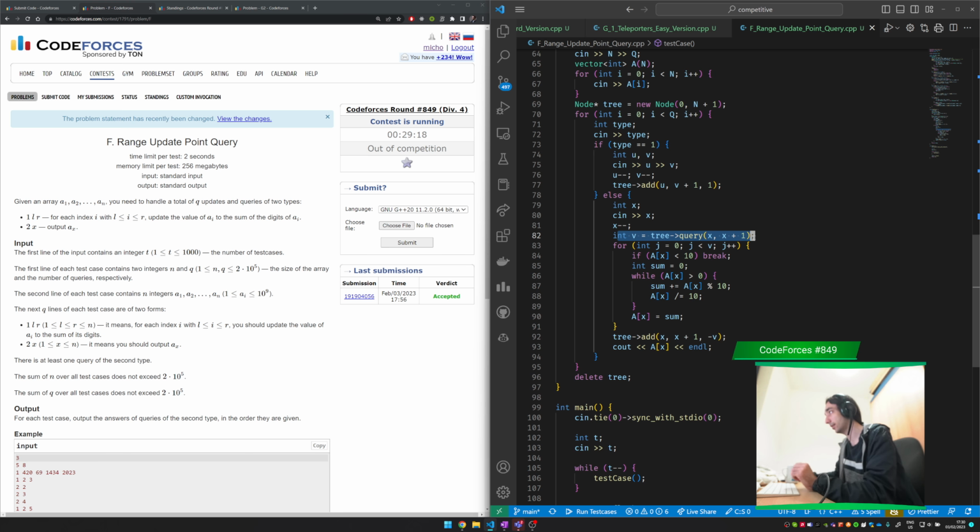I go through the element, but when it decreases to under 10,